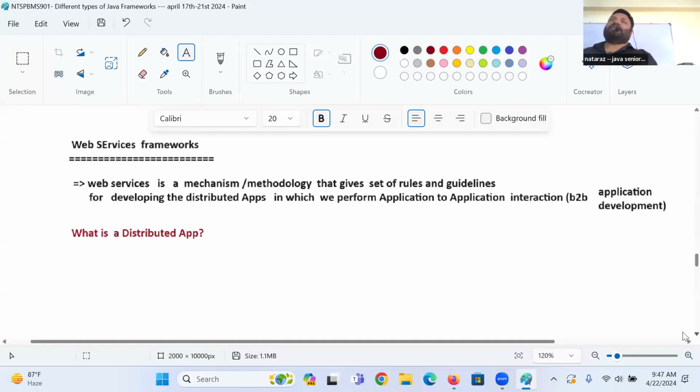Okay, now listen carefully. BSE is a software application which is there in Bombay, which is my server application, a distributed application. Now, to connect to the Bombay Stock Exchange, I need a broker application.